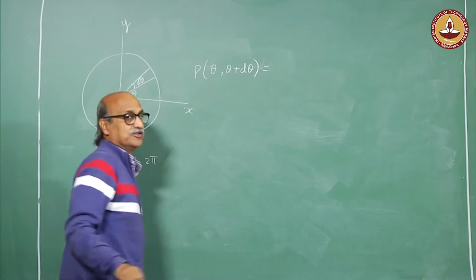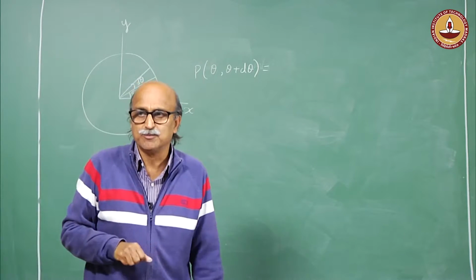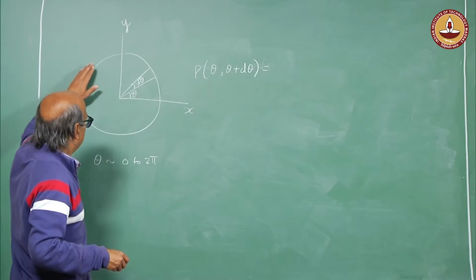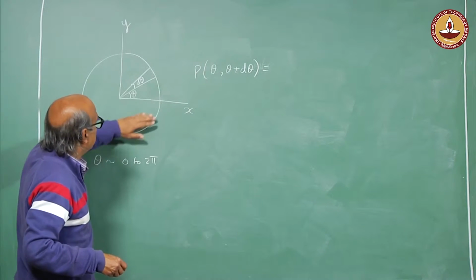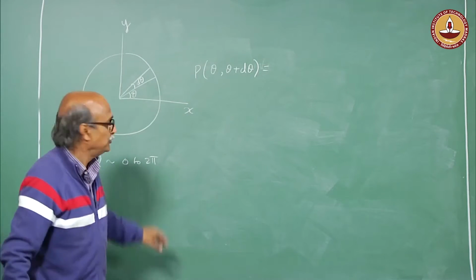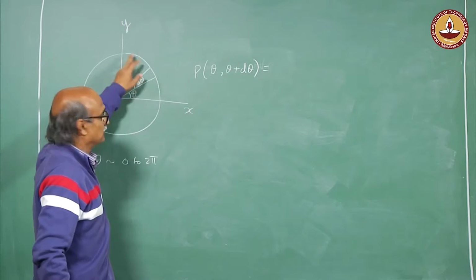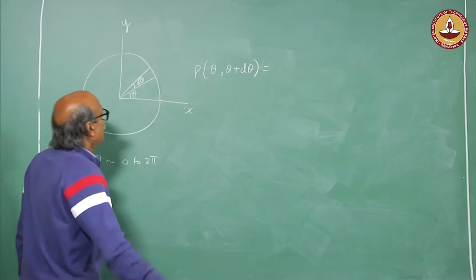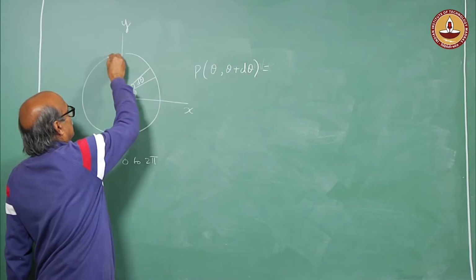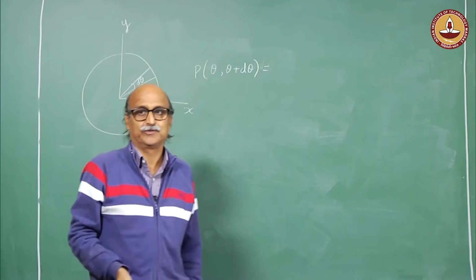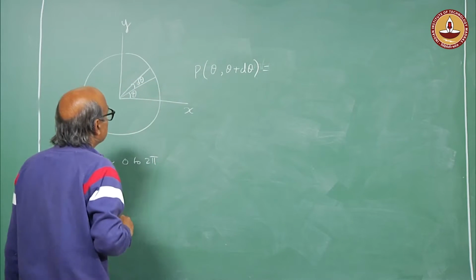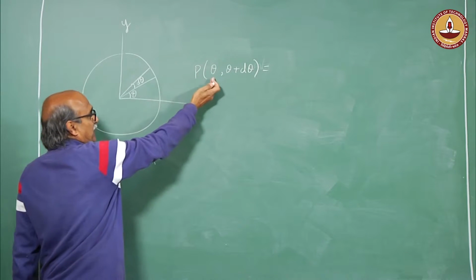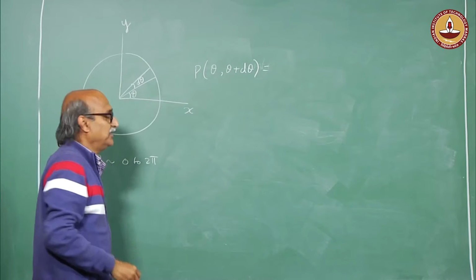So, I want to find this probability. What do you think would be the probability for this? For this to be a random orientation which uniformly spreads around the circumference of this circle, all positions must be equally likely, okay, which means that the probability that this orientation will lie between theta and theta plus d theta, we can